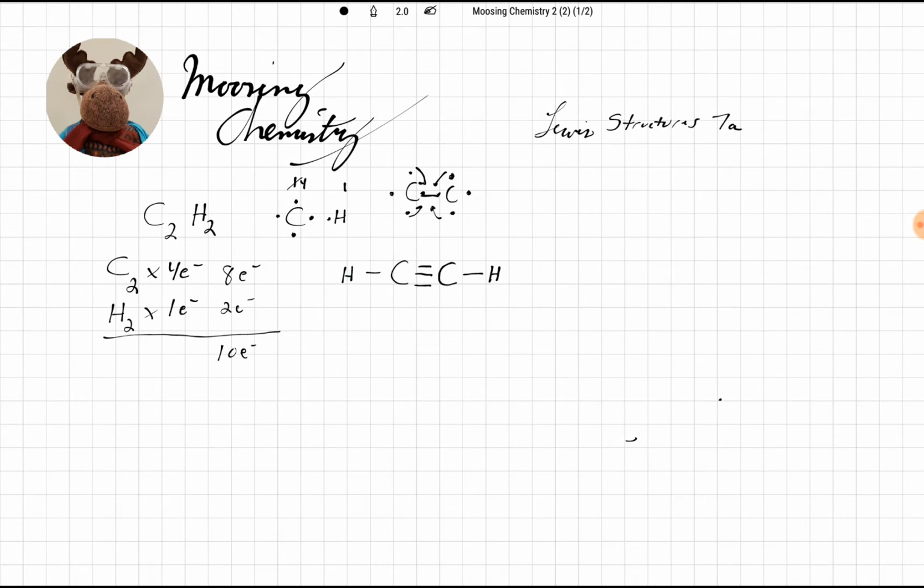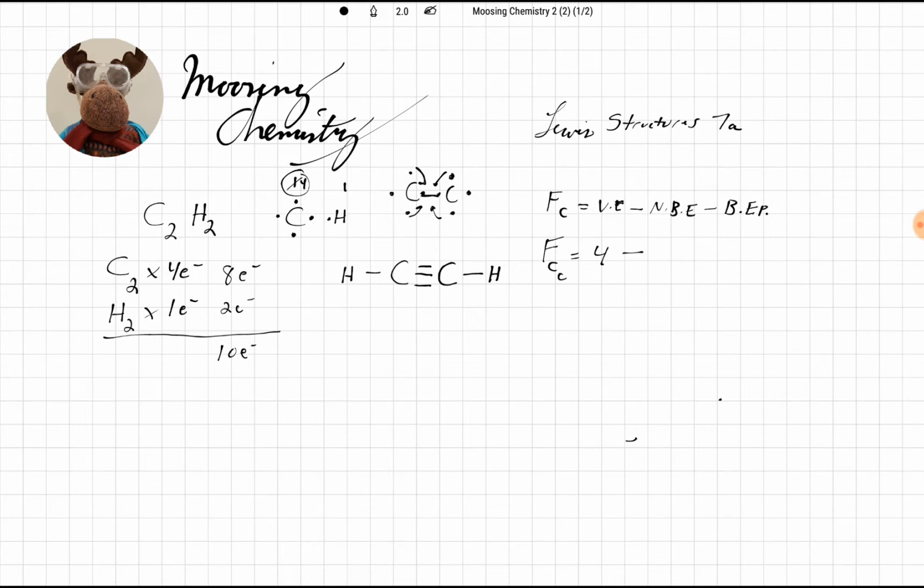So now, let's check to see if this is the best possible structure. To do that, we're going to use formal charge. Remember, formal charge is valence electrons, minus non-bonding electrons, of course, minus bonding electron pairs. All right, so let's go ahead and do the formal charge for C. C came in with 4 valence electrons because it's in group 14, remember that? Okay,